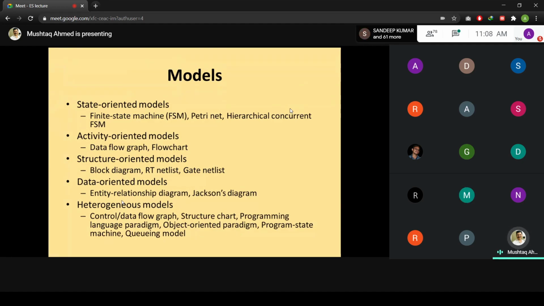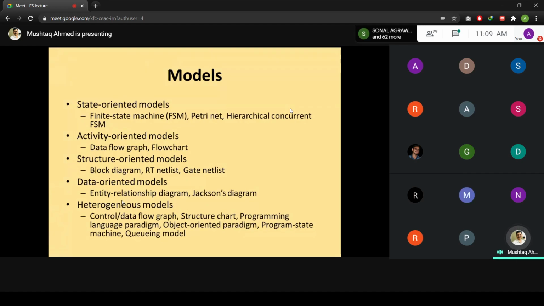The third is the structure oriented type of model, which is important in order to make a device model, where the netlist is required to be defined. That implies how many inputs and outputs there are, and what connections are associated with the inputs and outputs, or the number of inputs from one module that are connected to another module. So how many wirings or interconnections with the different modules there are. Pertaining to that, the wiring of all the different modules, or the connection establishment between the different modules, is referred to as a netlist.